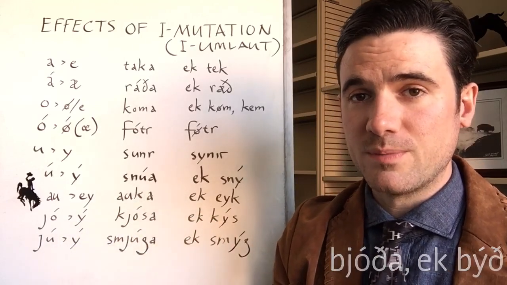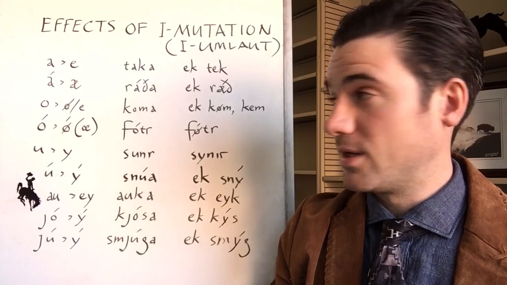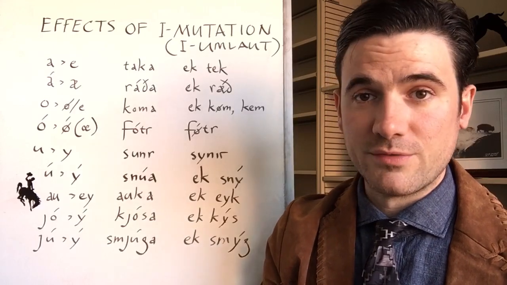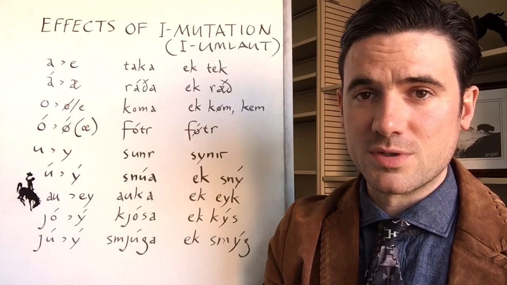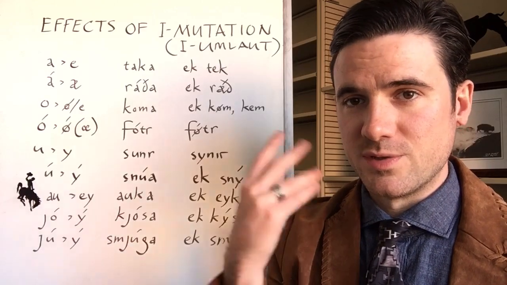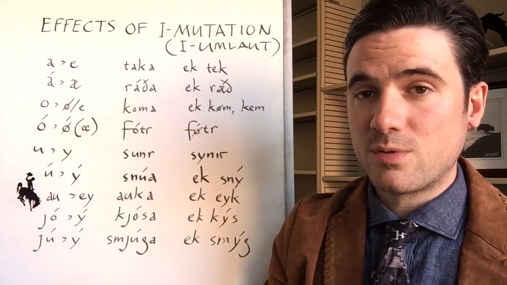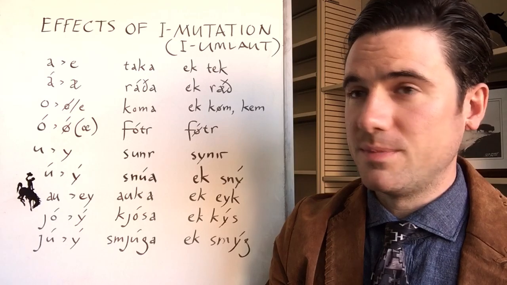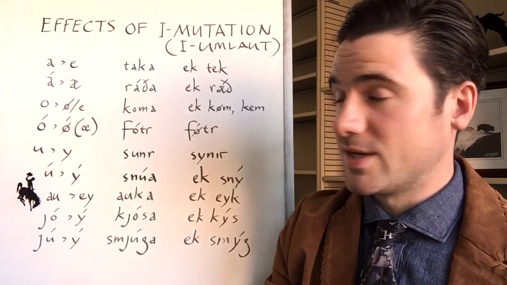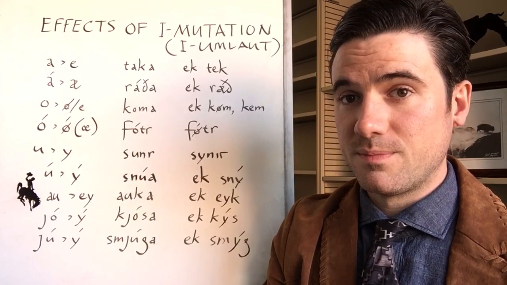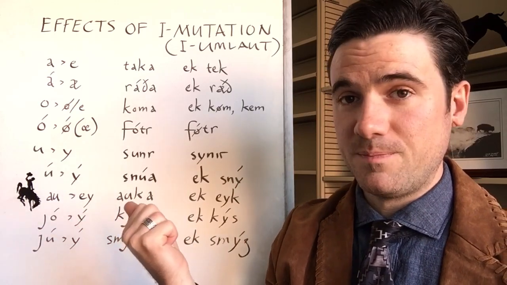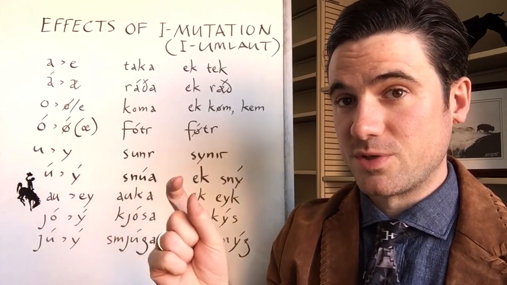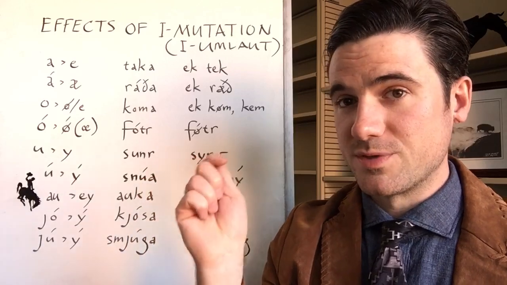I-mutation is quite regular, but it can make forms of words look unfamiliar. It can make it difficult to figure out what particular word you're looking at or what to look up in the dictionary, unless you get used to these alternations. So if you're working hard on learning Old Norse, I would recommend making flashcards that show a particular vowel and then what it becomes under I-mutation, but also show yourself the result and remember what that result can come from by I-mutation,